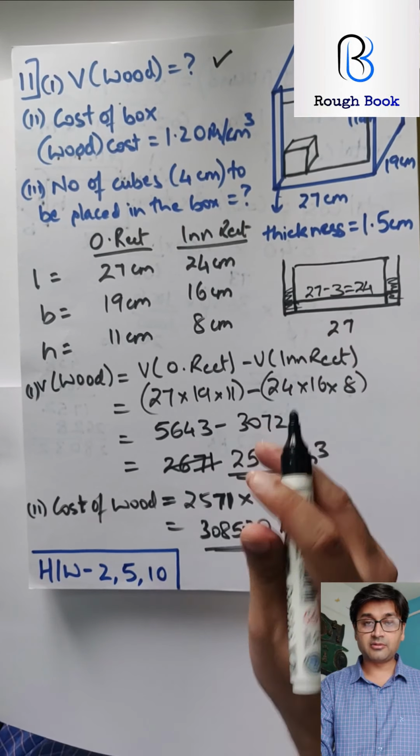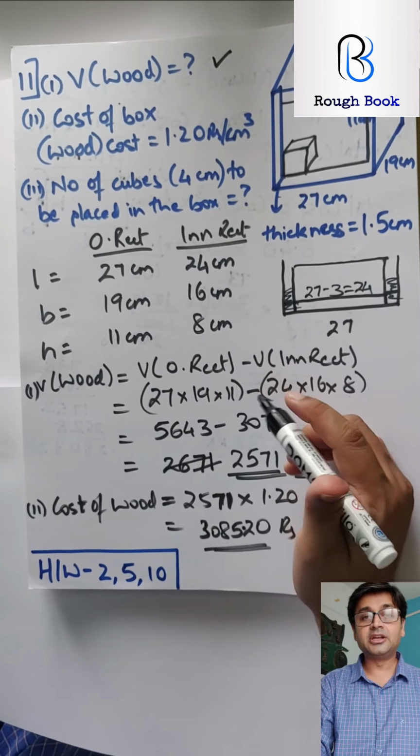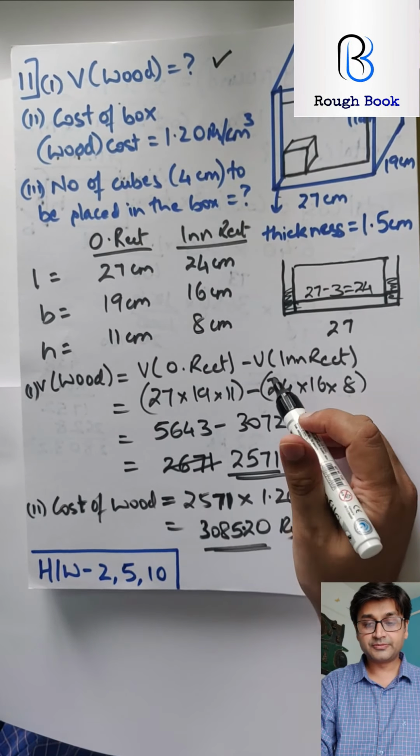Whenever there are boxes to be fitted in, you are dealing in volumes. So basically the space available inside and the space that each box is going to take. So your basic thumb rule is going to be: number of cubes is equal to volume of big rectangle divided by volume of small rectangle. Use this formula always. Big by small will give you the number. So big rectangle, the inner one.